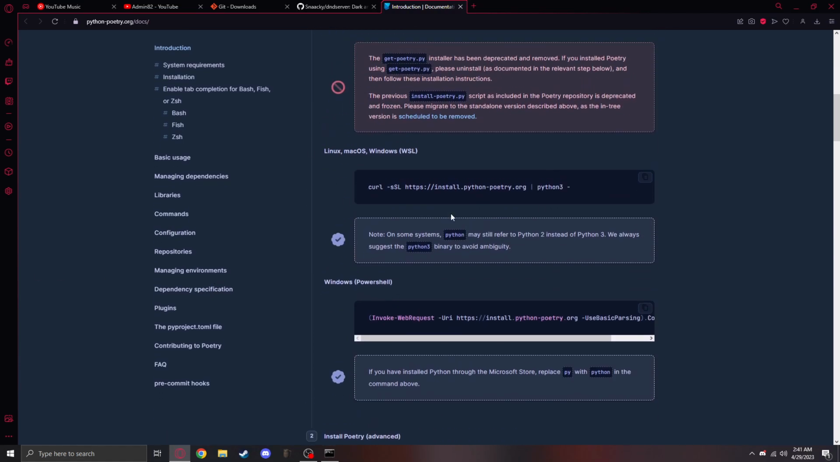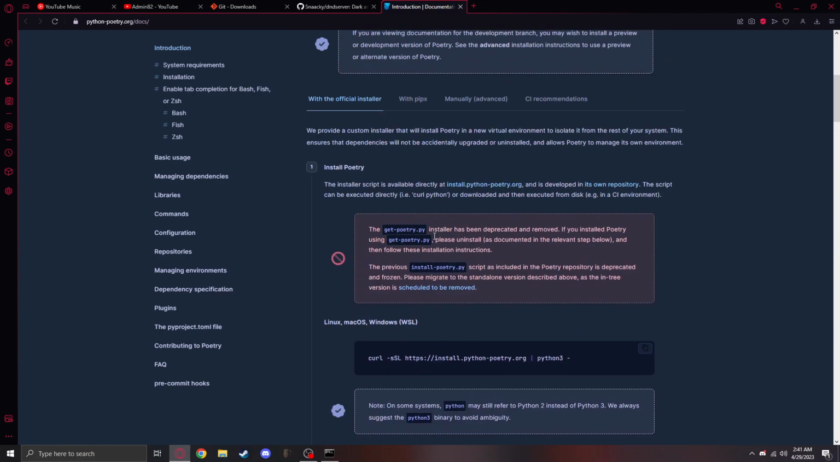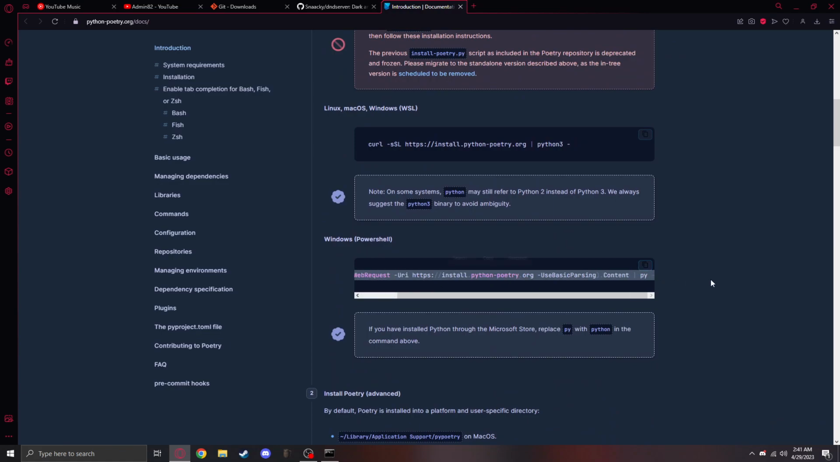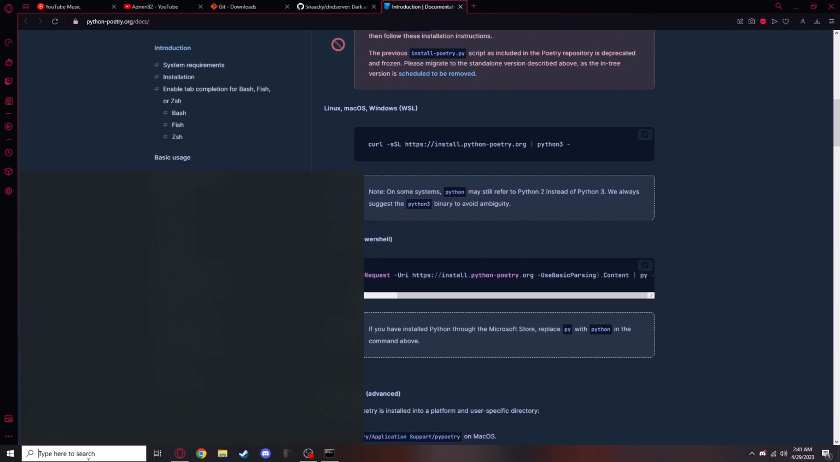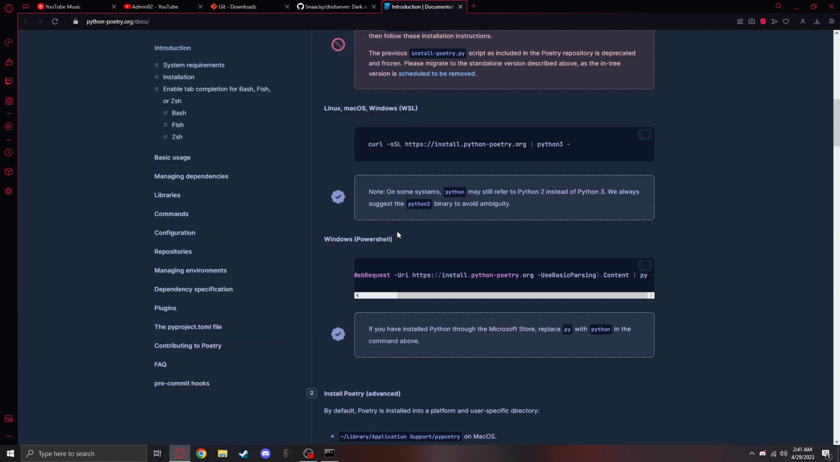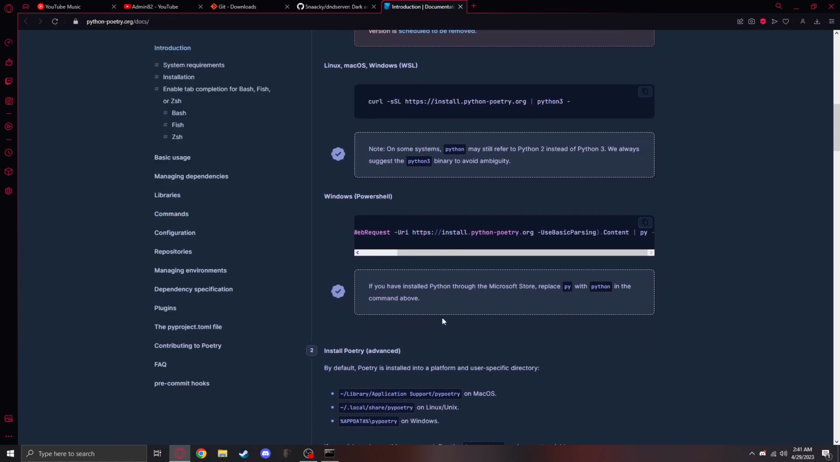The instructions are here, but essentially to install Poetry, you would go into here, you would copy this, and you would open PowerShell, copy this right here, and you'd paste it. I already have it installed, so I'm not going to do that. But once you have it installed,